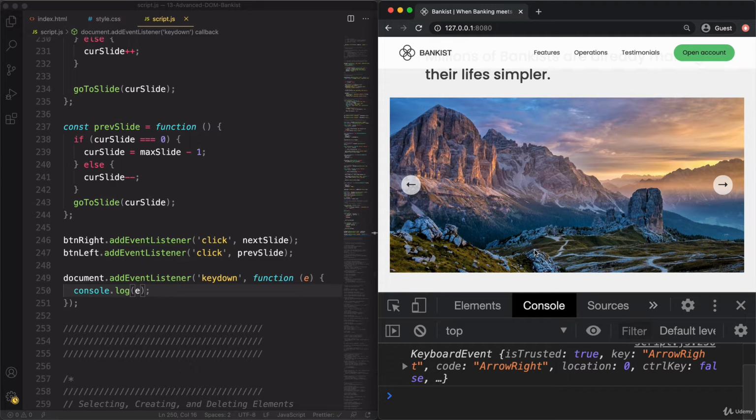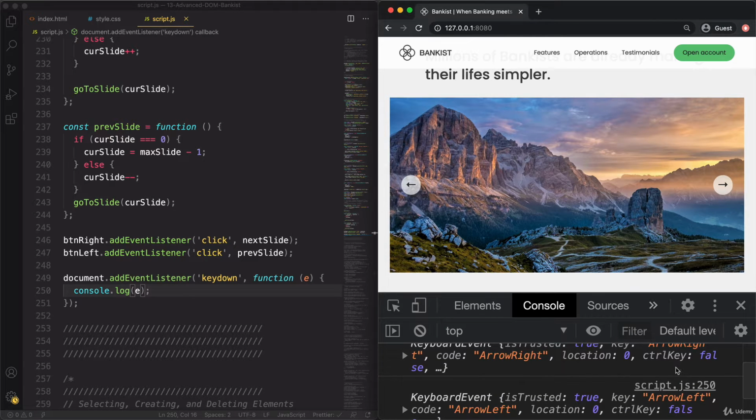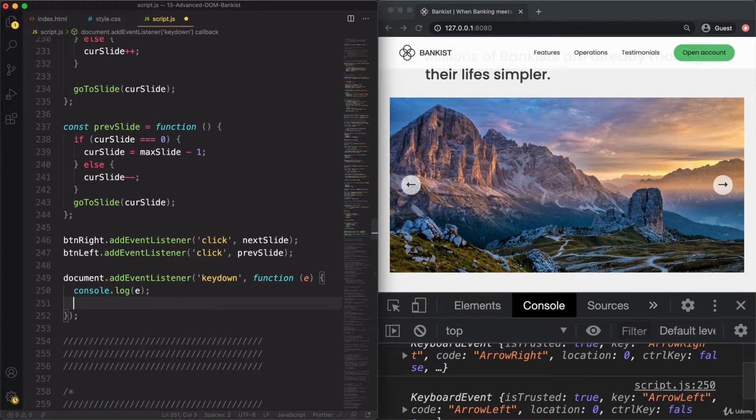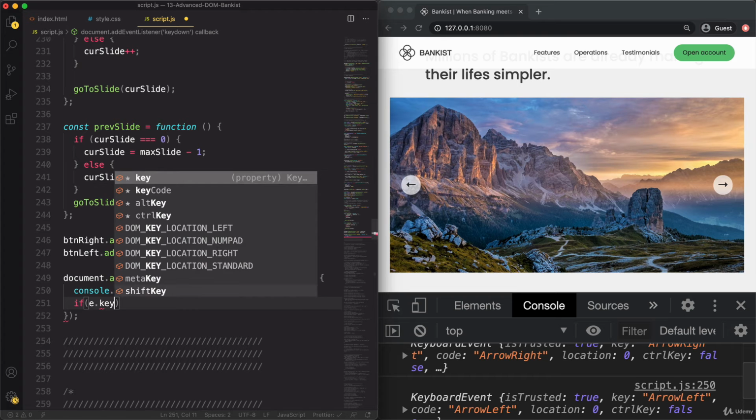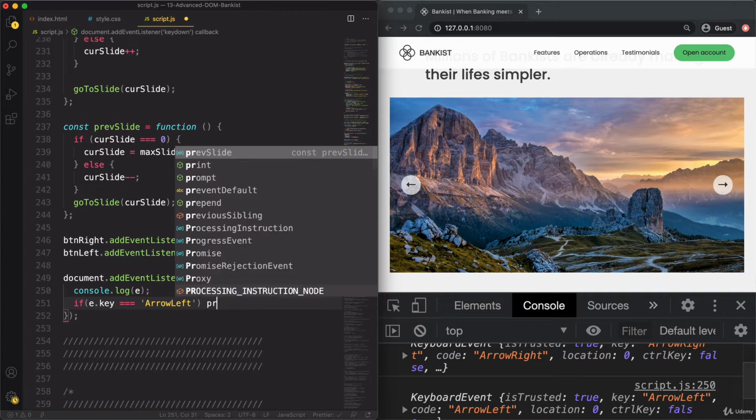And so you see that we get the key here as ArrowRight. And then the other way around, it is of course ArrowLeft. And so I'm going to use that key, ArrowLeft and ArrowRight. So that's very simple. If e.key equals ArrowLeft, then what we want to do is to call the previous slide